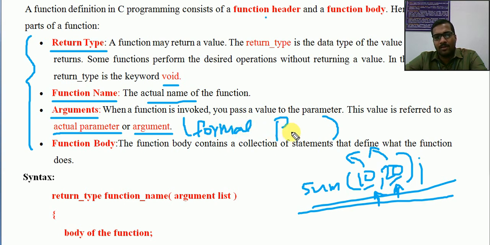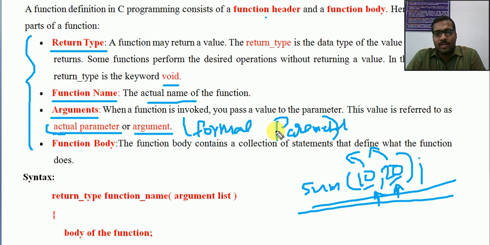A formal parameter is the parameter of the function definition. So the actual value will be received there through the function call, but this actual value will be assigned to this formal parameter. Formal parameters are also called dummy parameters, which are used for processing the actual values.